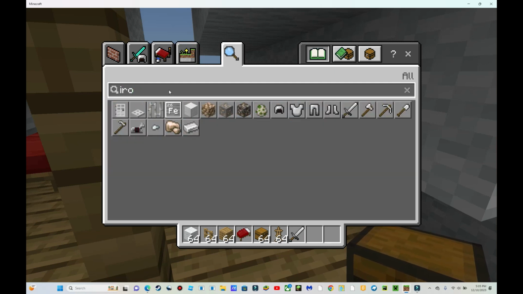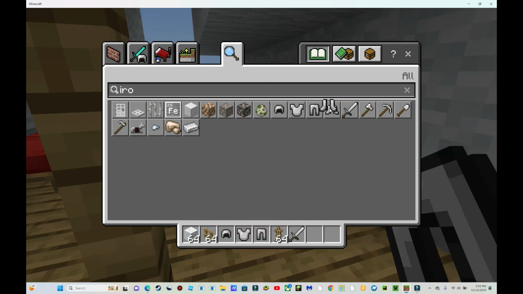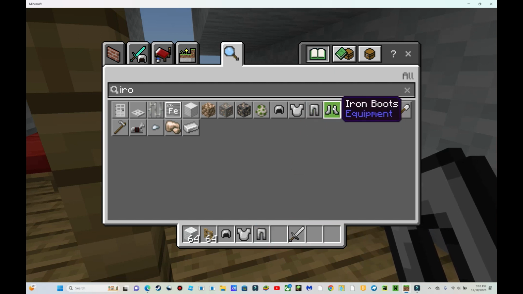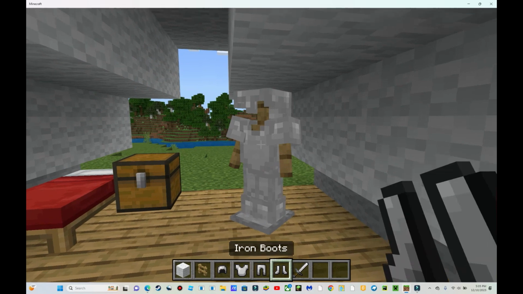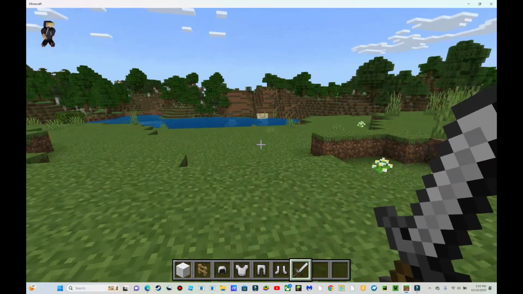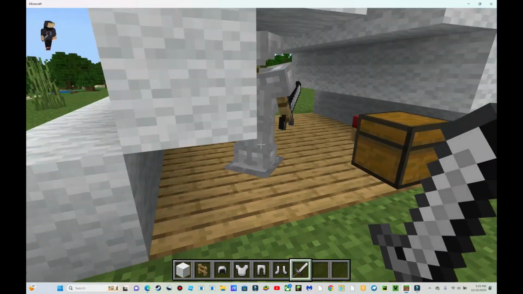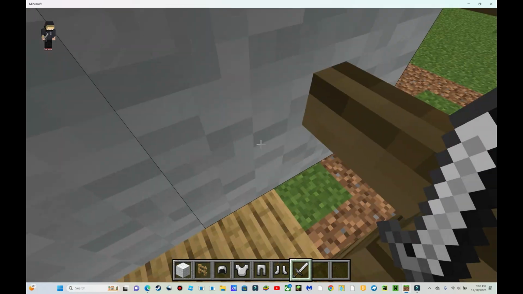I'm going to be using iron. It might be a little too OP, so you can use leather if you want. Because if you do PvP, you will know that leather is better than nothing. Because you can demolish people with no armor. So compared to that,